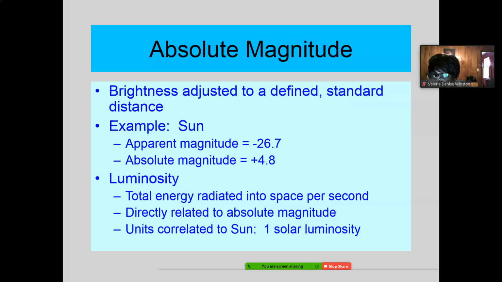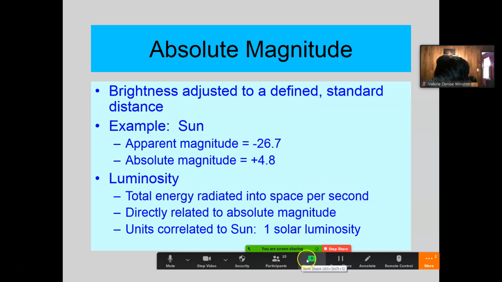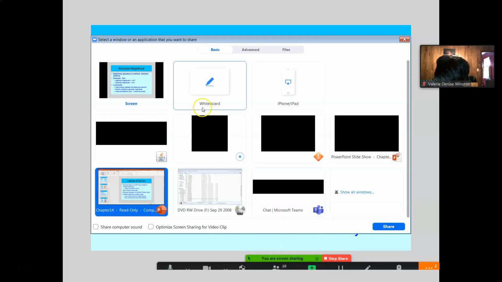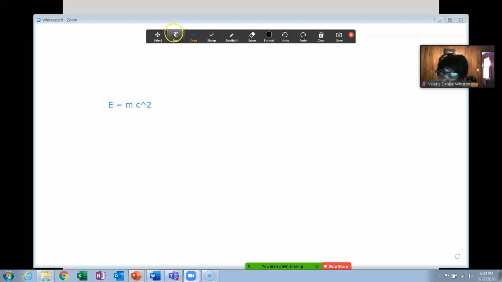Okay, this is going to be a pain in the neck, but I'm going to share the whiteboard again with you. Let's do another text box. Here's the formula. You don't need to know this.